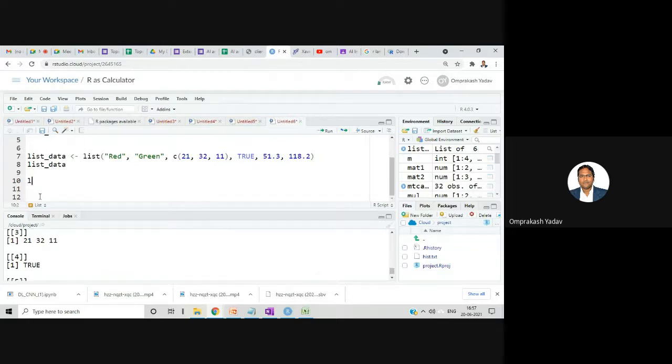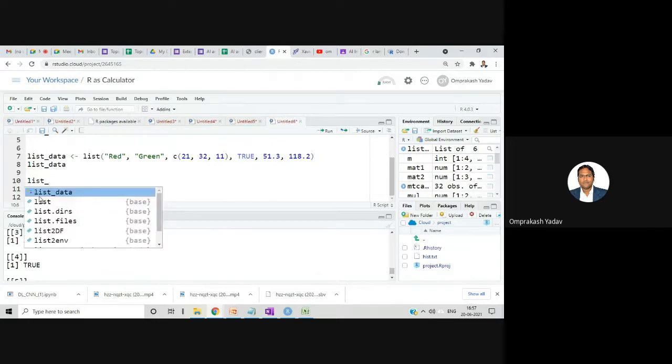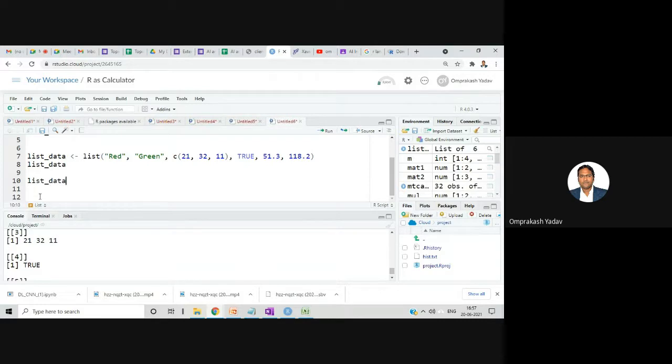Now let's try to access. Suppose I am saying list data, and this will also be accessed by square bracket, and in that you specify the index number of that particular element. You will be able to access it. So if I mention 1, let's check the output. As you can see, it's red, right? I'll copy this.